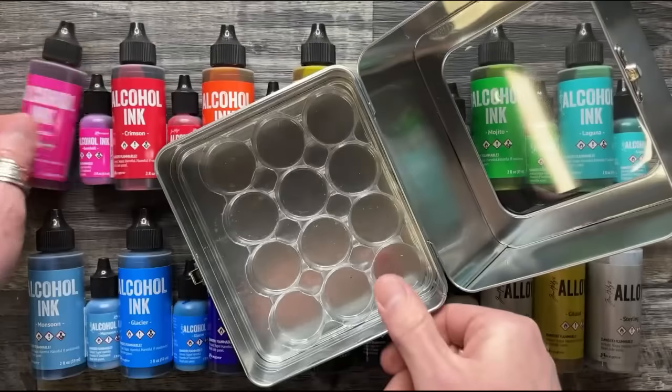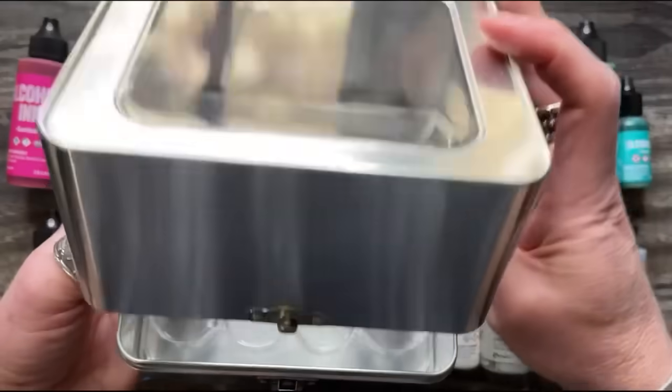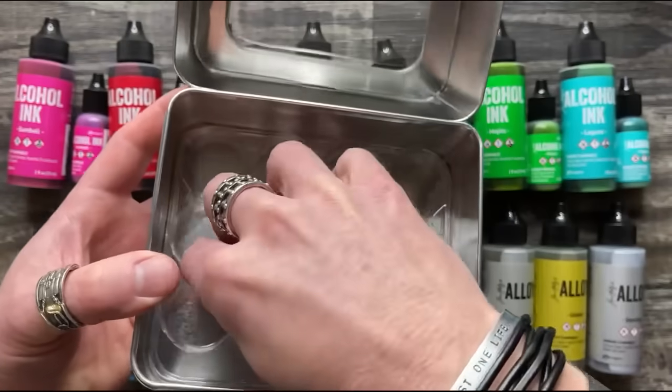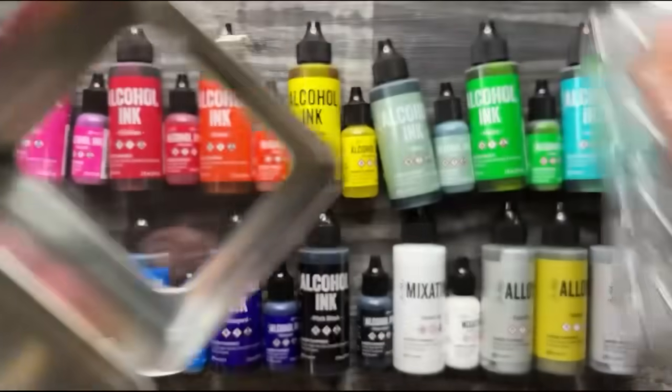So what I did, and what I would suggest for storage if you're looking for a tin, is to get the spray tin, reach in, right? Just take your fingers, squeeze this, and just pull out this little tray insert. It's just a little, there you go, little piece of plastic. Get rid of that,